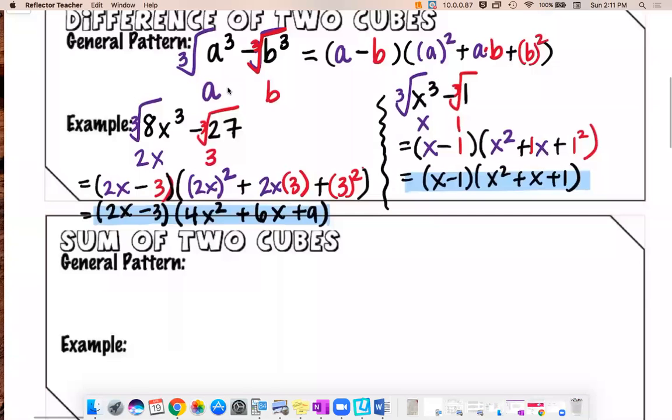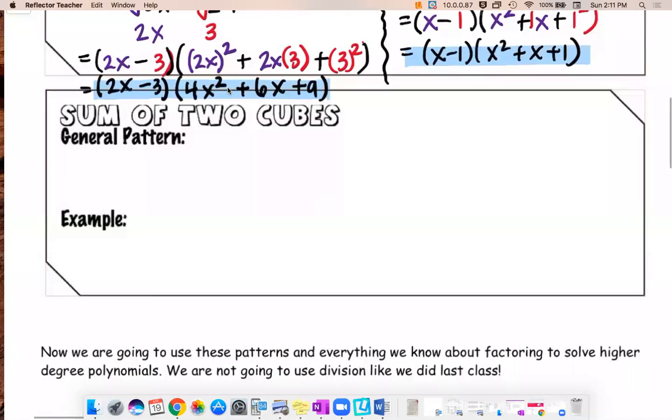There could also be a sum of 2 cubes. So this means that there's a plus in the middle. So this looks like this. We have a cubed plus b cubed. Now we do the same thing. You're going to do the cube root of these things, but notice the difference is that there's a plus sign